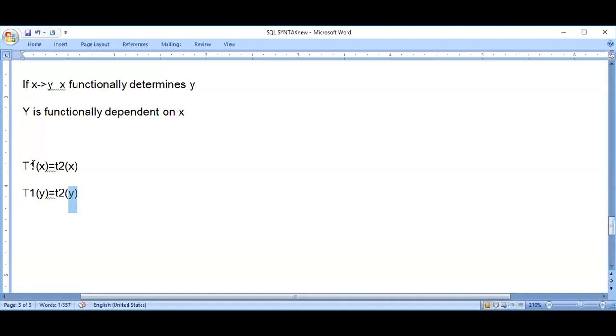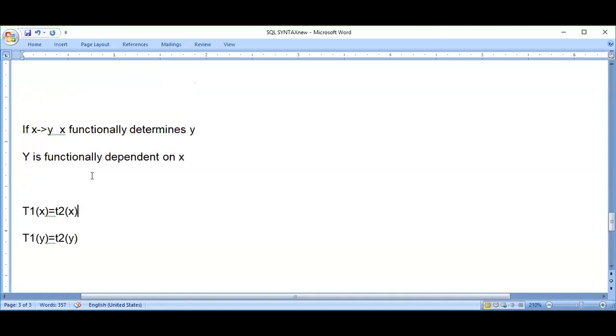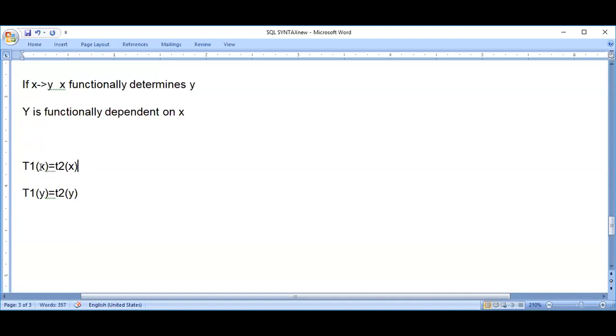If Priya ma'am comes with roll number 474 and Asmita ma'am comes with roll number 474, definitely both are going to refer to the same person. So this is the meaning of this definition. Got it? So functional dependency means there should be one such attribute which determines other attributes when this particular property holds.